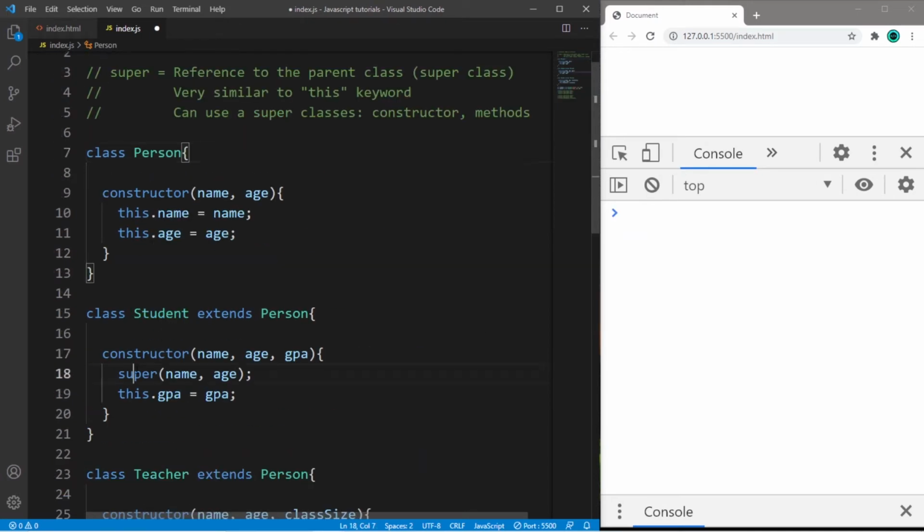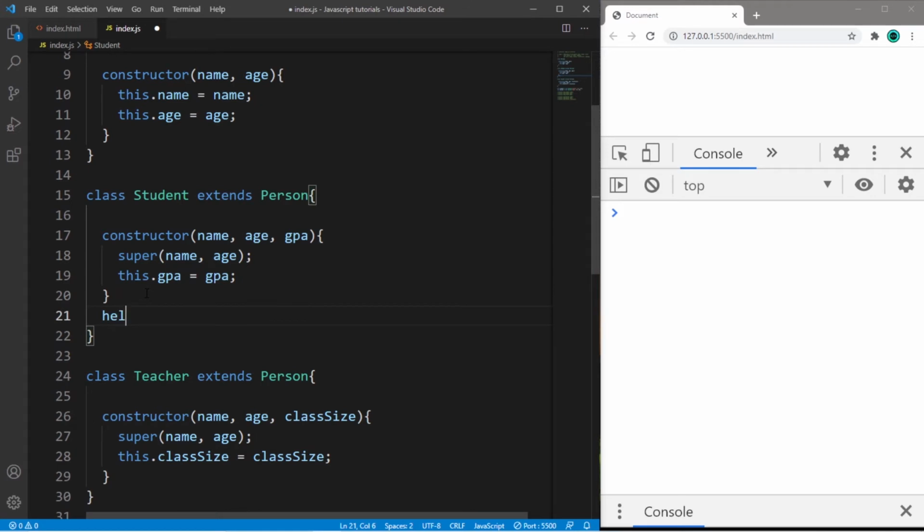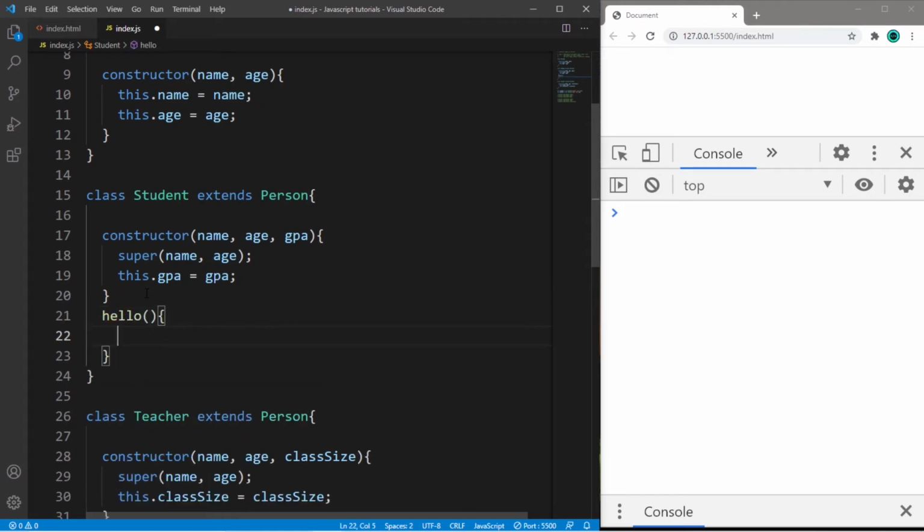Not only can we use the super keyword to call the constructor of a parent class, but we can call a parent class's methods as well. Let's create a method within student and teacher to display some of this information. So let's begin with student. Let's create a method named hello. So console.log